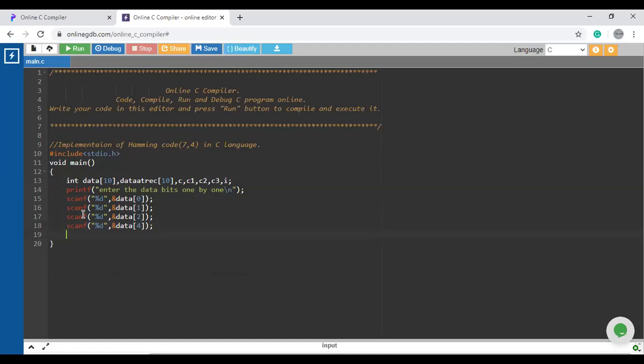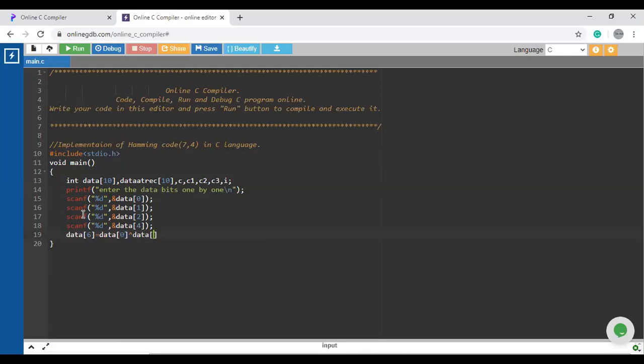Now we have to calculate the even parity, as we have already seen in the algorithm, that we will now check for the parity bit at the position 3, 5 and 6 using some XOR operation. So for this, I'm going to write data at position 6 is equal to data at position 0, and we'll use some XOR operation.